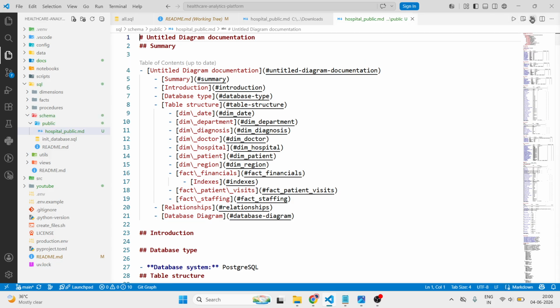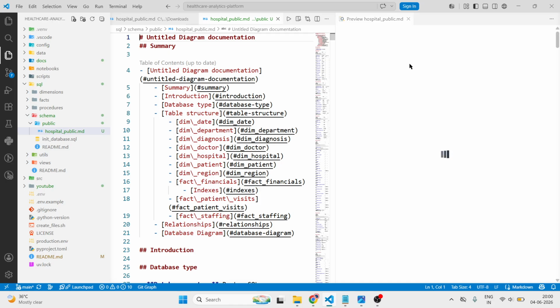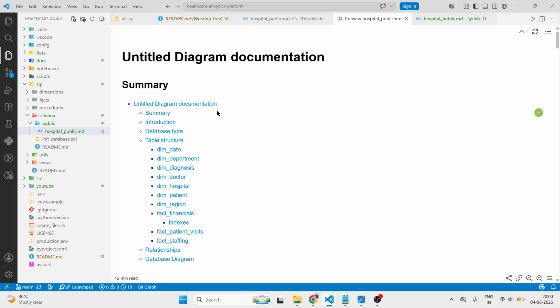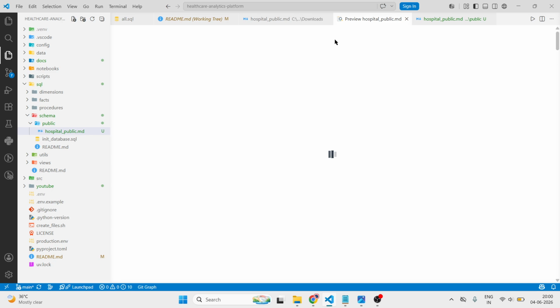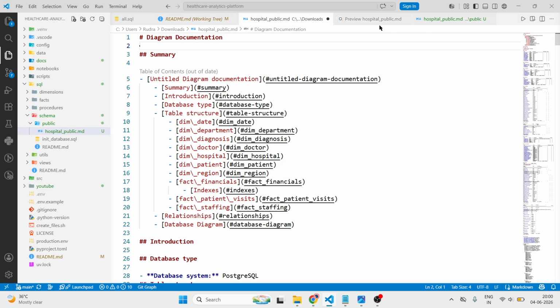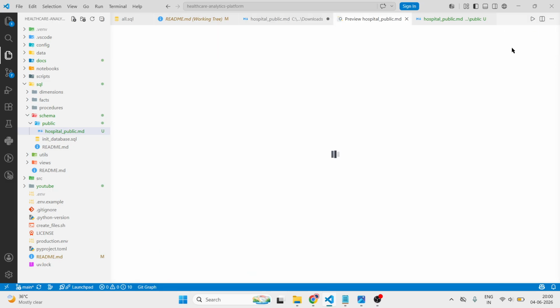So after exporting like that, we get a beautiful preview. It takes time. Okay, we need to edit it, because here we have diagram documentation. Okay, diagram documentation, one space. Now it's okay, click on refresh. Then if we look at it,